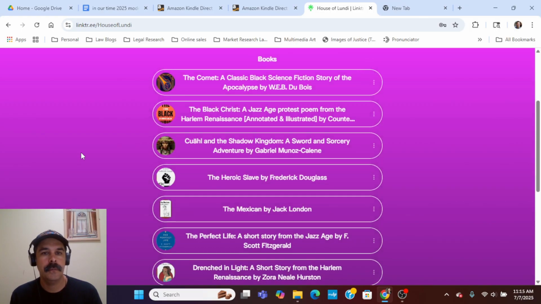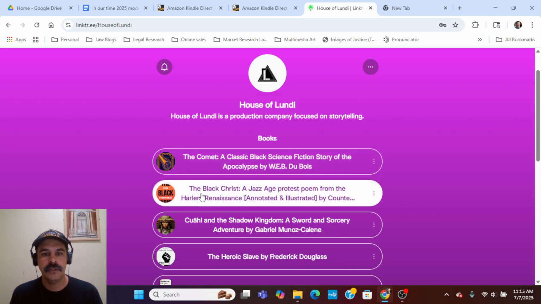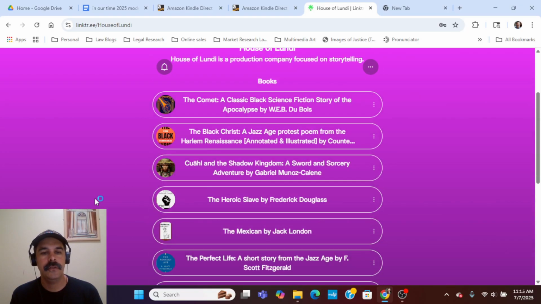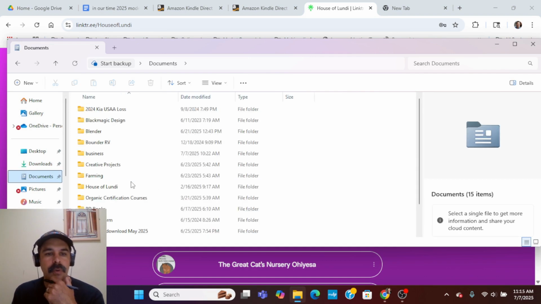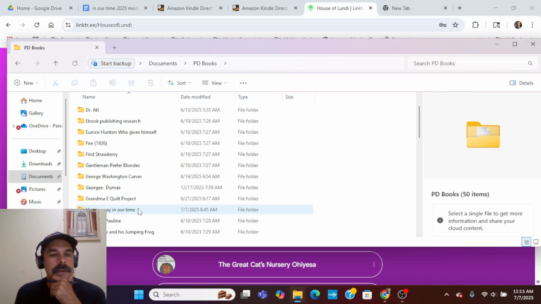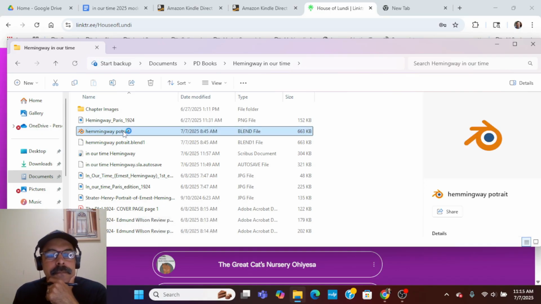Right here you can see, instead of a website, I just have what's called a Linktree, which is just a link to all of my different books that have been published so far. And I'm really trying to speed up and refine my process. Ideally I'd like to put out a book a week, or maybe even more. So I have the content